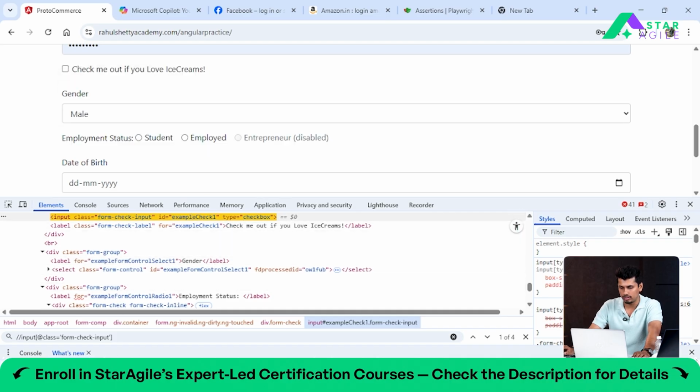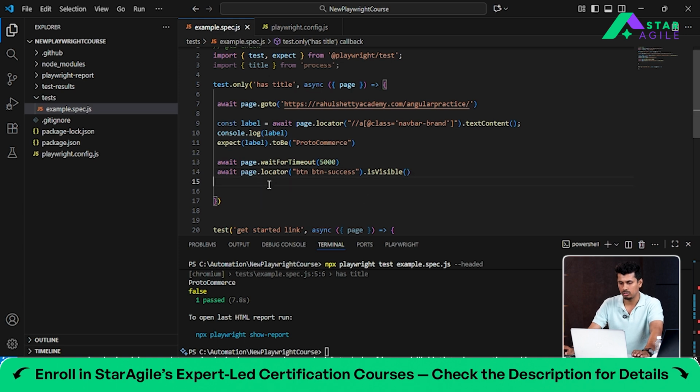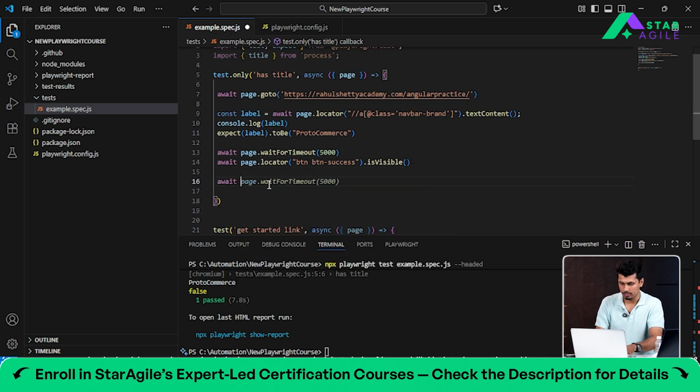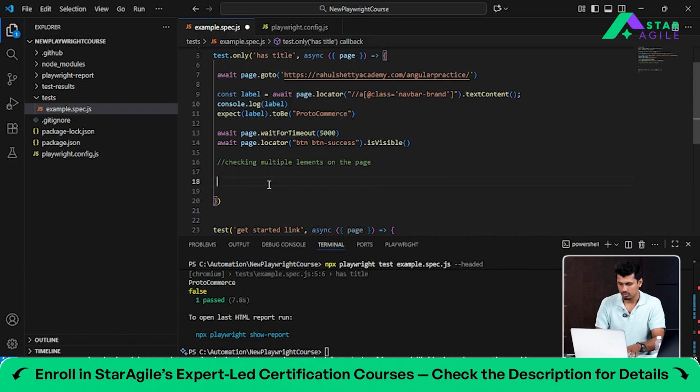So what do you need to do in this case? First we will type here, we'll just comment it out, we'll say checking multiple elements on the page. To check the multiple elements on the page, we need to type await